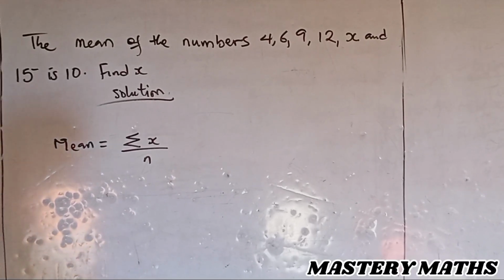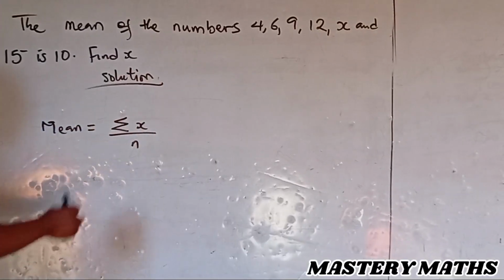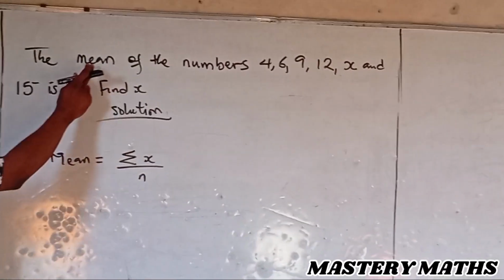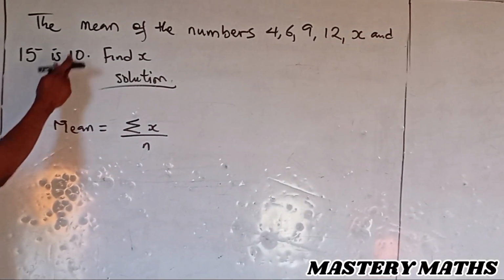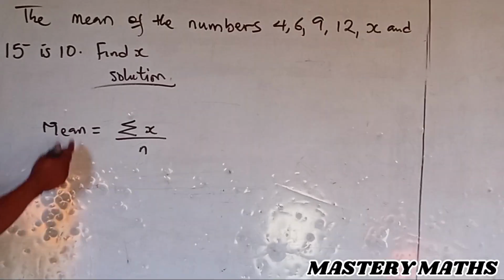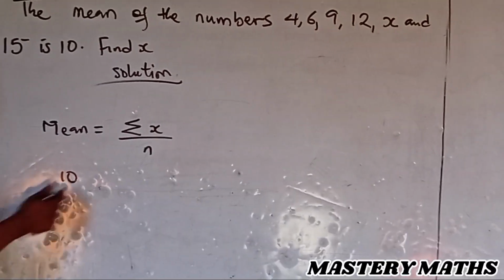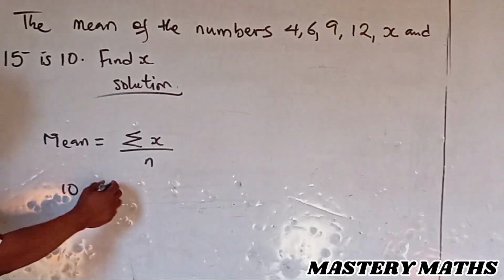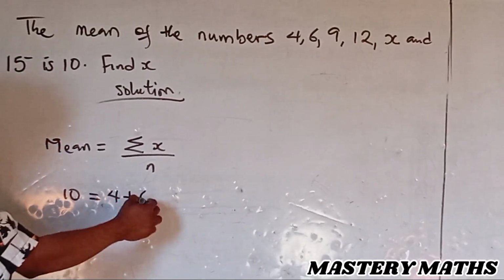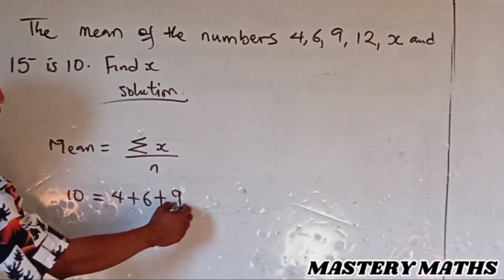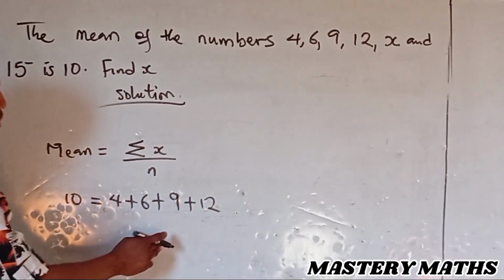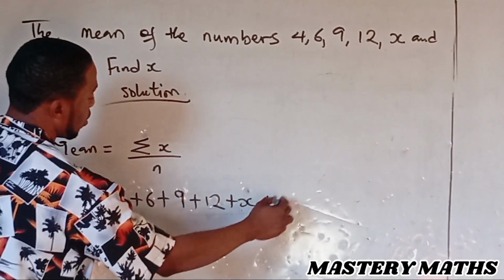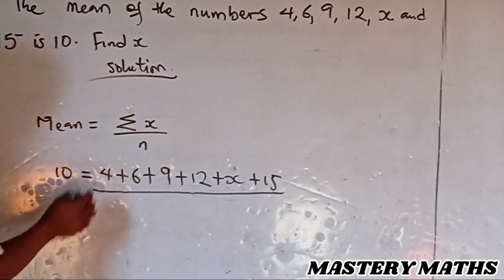Now, they gave us the mean. The mean of all these numbers is 10. It means that this mean is 10, so under the mean, you write 10. Then equal to the summation of the listed numbers. What do you have there? You have your 4 plus your 6 plus your 9 plus 12 plus x plus 15, all over